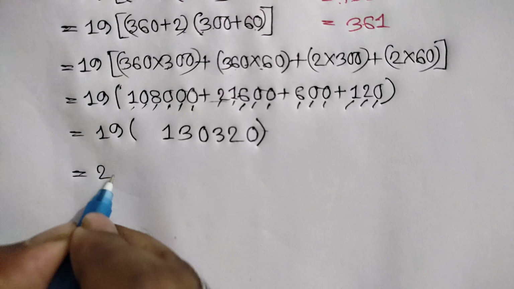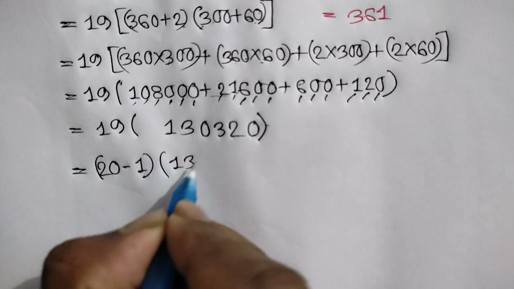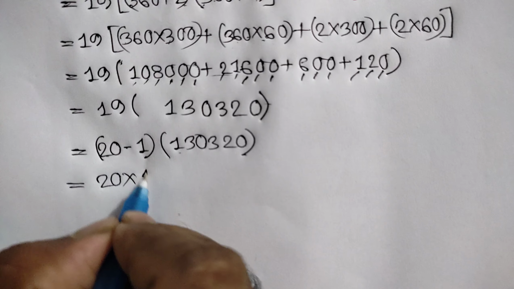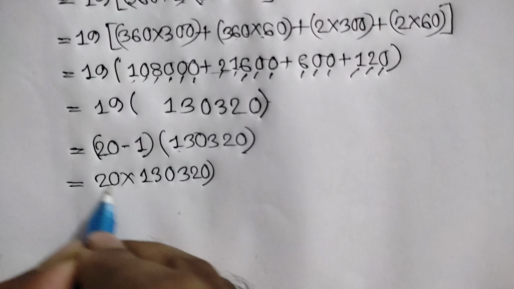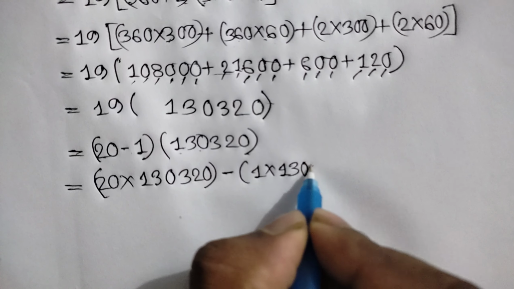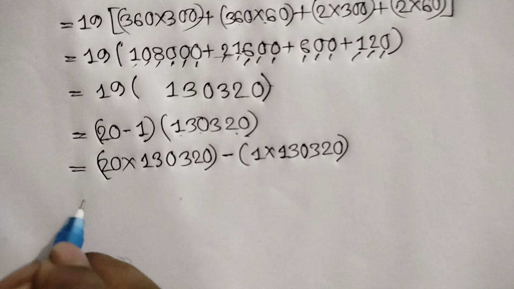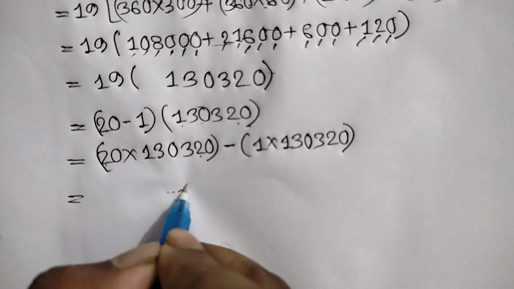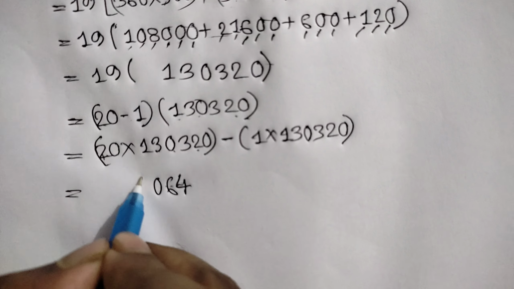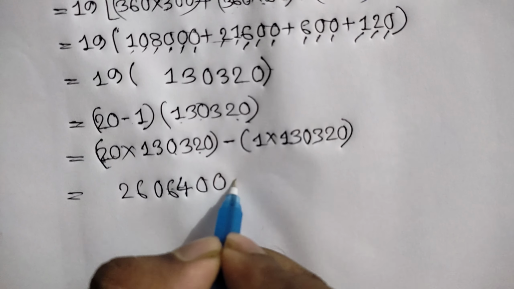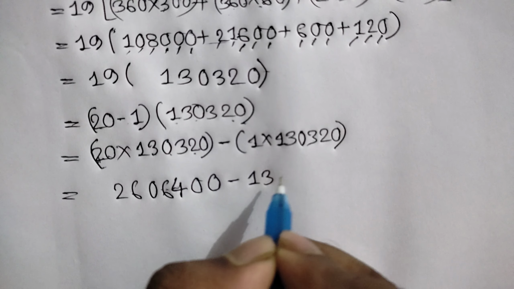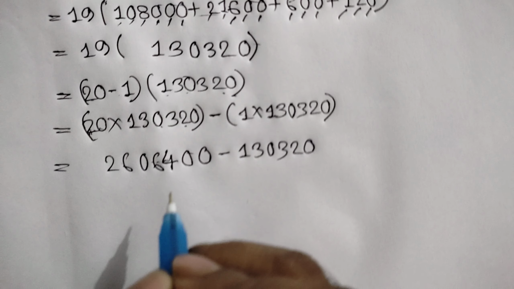is equal to, now 19 can be written as 20 minus 1 times 130320, is equal to, now we can write here 20 times 130320 minus 1 times 130320, is equal to, now 2 times 2 is 4, 2 times 3 is 6, 2 times 0 is 0, 2 times 3 is 6, 2 times 1 is 2 with 2 zeros, minus 1 times 130320, that means 130320